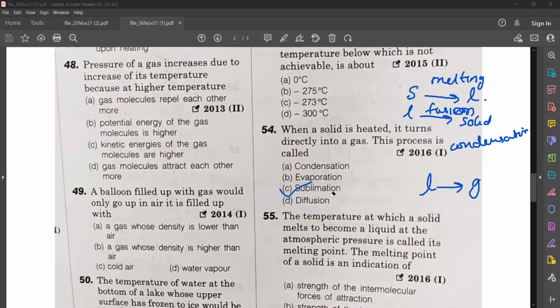The terms related to change of state are condensation, evaporation, sublimation. But here, solid directly changing into gas, that is sublimation. Camphor, naphthalene, etc. are examples of sublimation. So these are some items that undergo sublimation: camphor, naphthalene, etc.